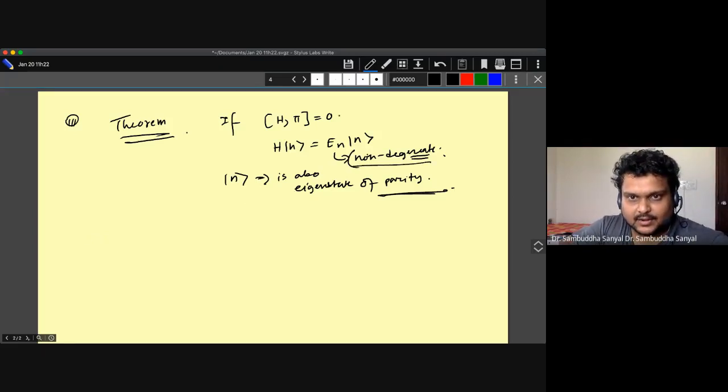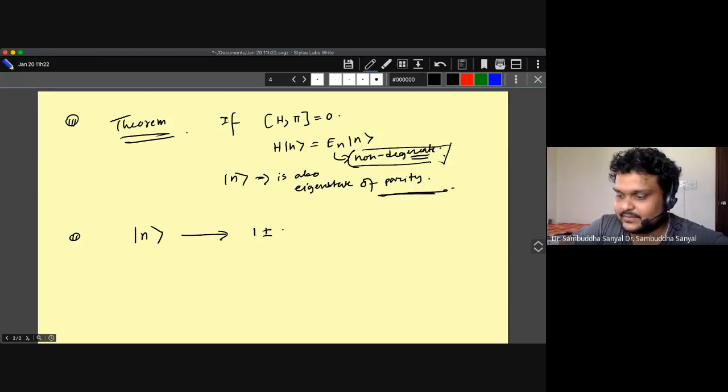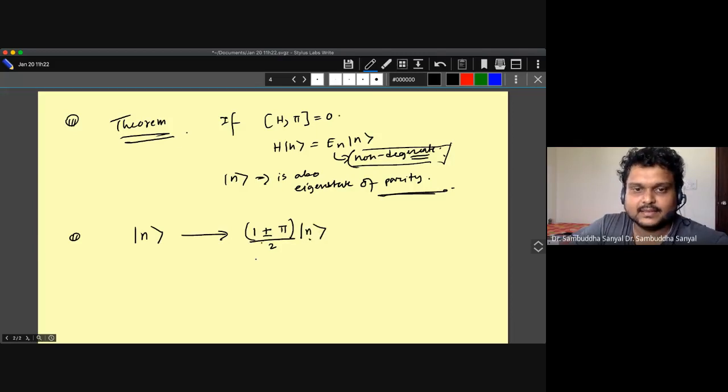The word non-degenerate is extremely important in this proof. In order to see that, let's represent a parity eigenstate. Let's see how a parity eigenstate can be written once you know |n>. Let's say I know |n>, which is an energy eigenstate. It turns out that the parity eigenstate can be written like this, which is very easy to check, and I'll leave the check for you, but I'll give you some identities to check it. So (1 ± Π)|n>: if you know the energy eigenstate, you multiply it by this, and you get something called a parity eigenstate.